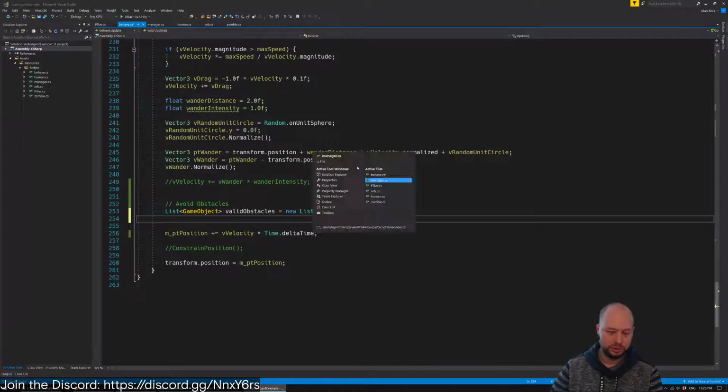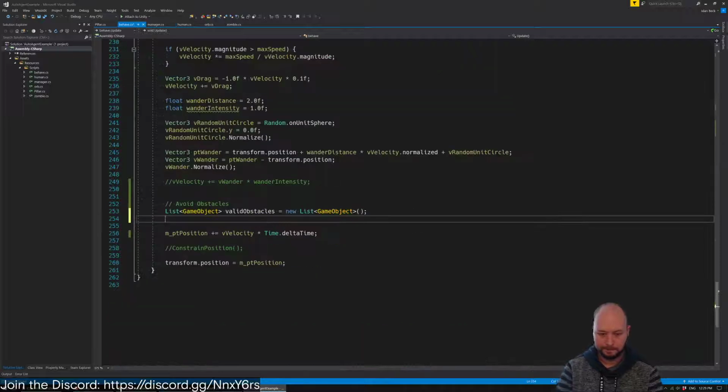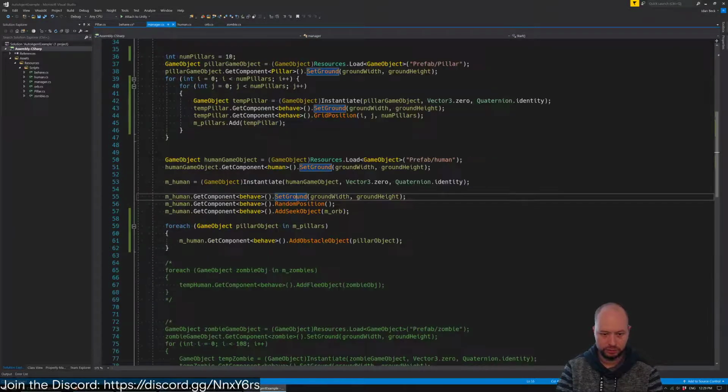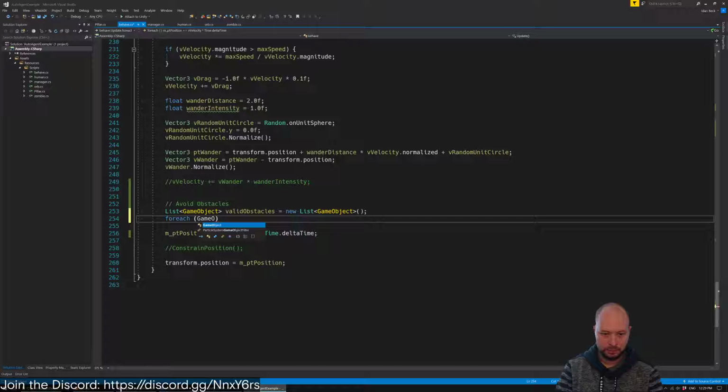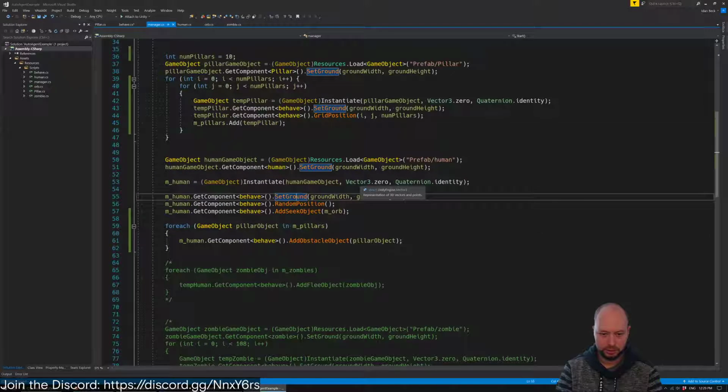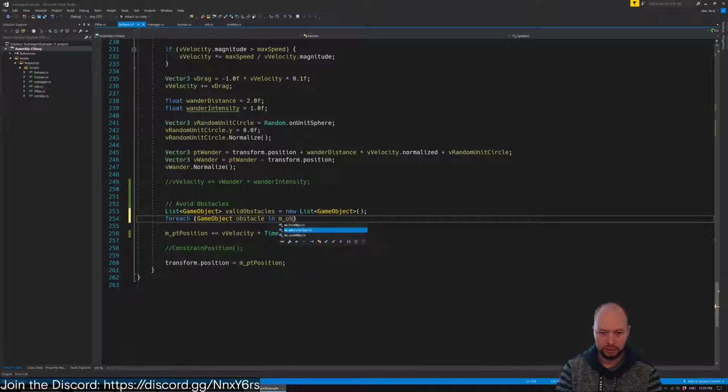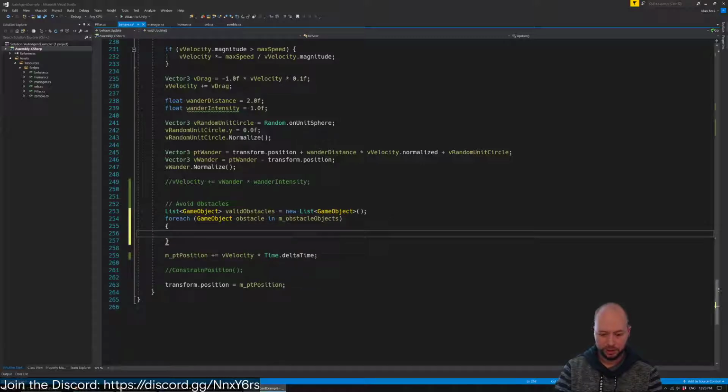And so we're going to, for each game object obstacle in obstacle objects, if, now this is kind of the fun part, right? If, let's do it this way,